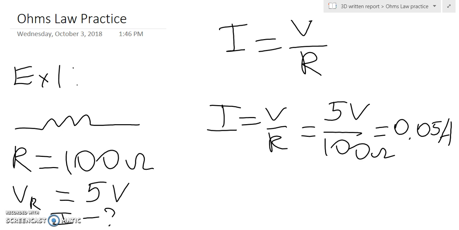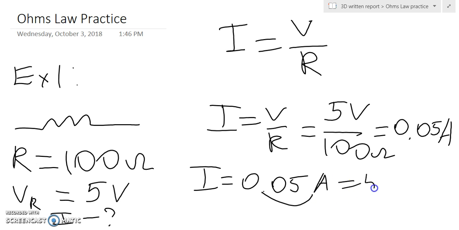In your assignment, I want all of your answers in engineering notation. But 0.05 amps is not an engineering notation. I need to put this number into the engineering notation, and SI notation really. So I'm going to go by 3. Now I'm going to have 50 times 10 to the negative 3 amps, and I need to select the correct prefix. 10 to the negative 3 means milli. So my current equals 50